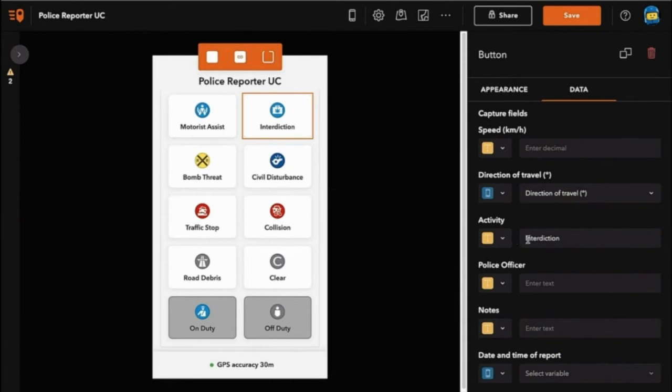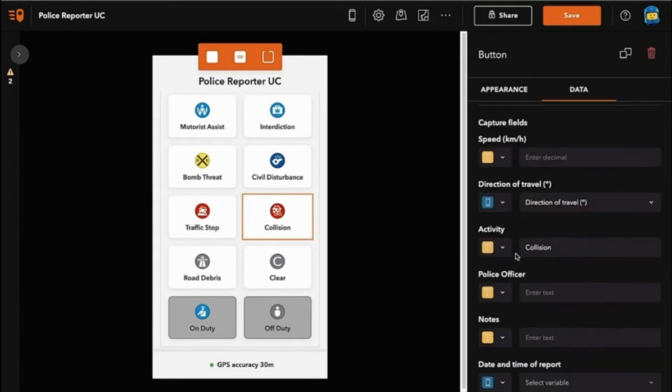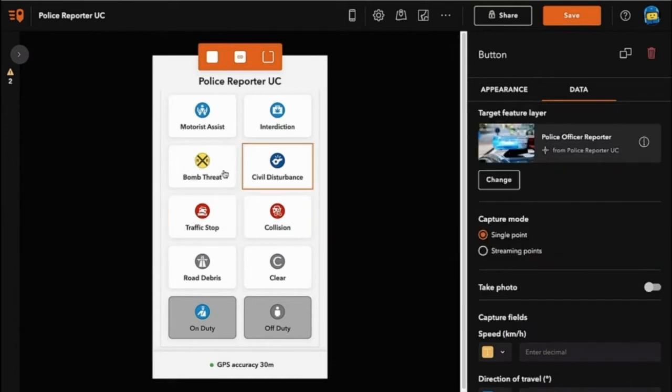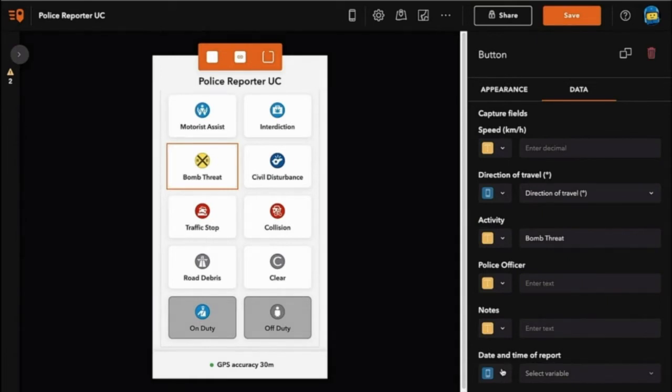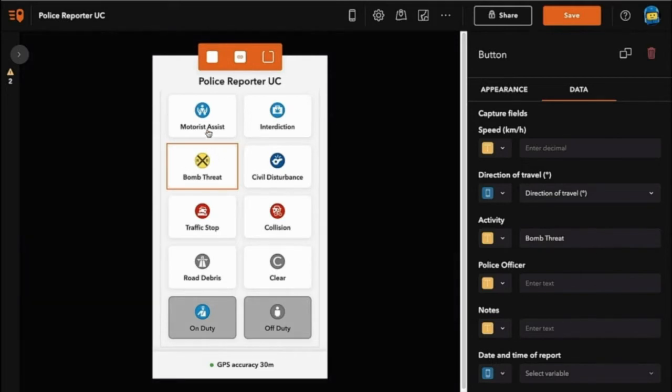So with the interdiction, you can see that we write interdiction to the activity field. For collision, we write collision to the activity field. And the key thing to appreciate is that each button can write different bits of information to each of these fields. So to wrap up this project, and before sharing it with the team, we're just going to